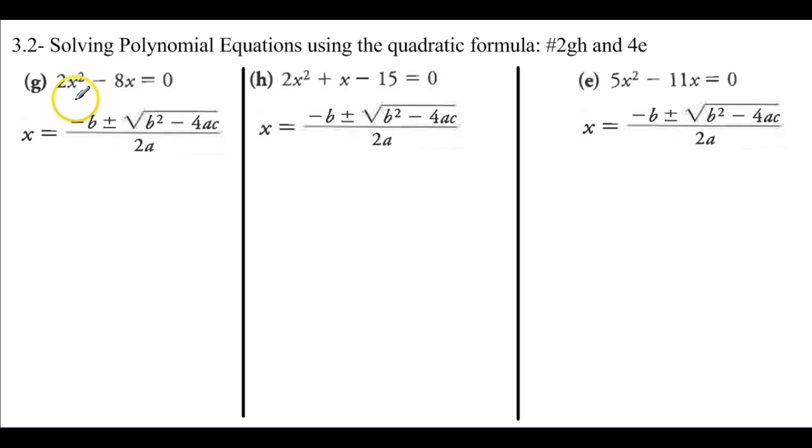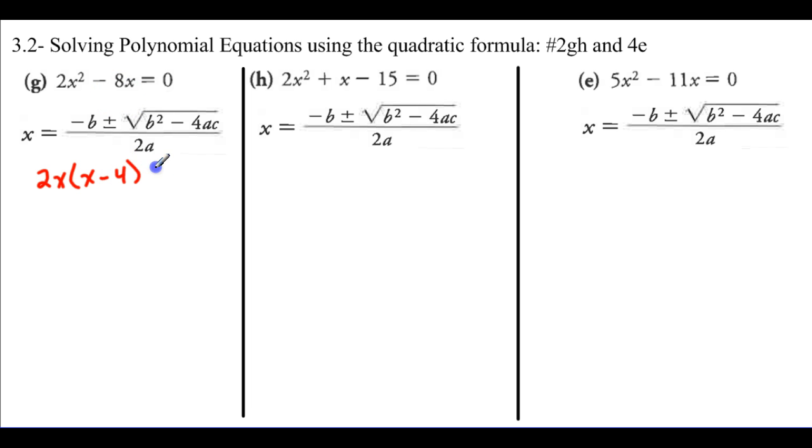I'm looking for a common factor here. Always, that's the first step when I do that. When I do factoring, I always look for that common factor first. 2x squared minus 8x, there is a common factor of 2x. And so essentially I'm factoring the 2x out of each part. I'm left with an x here, and then